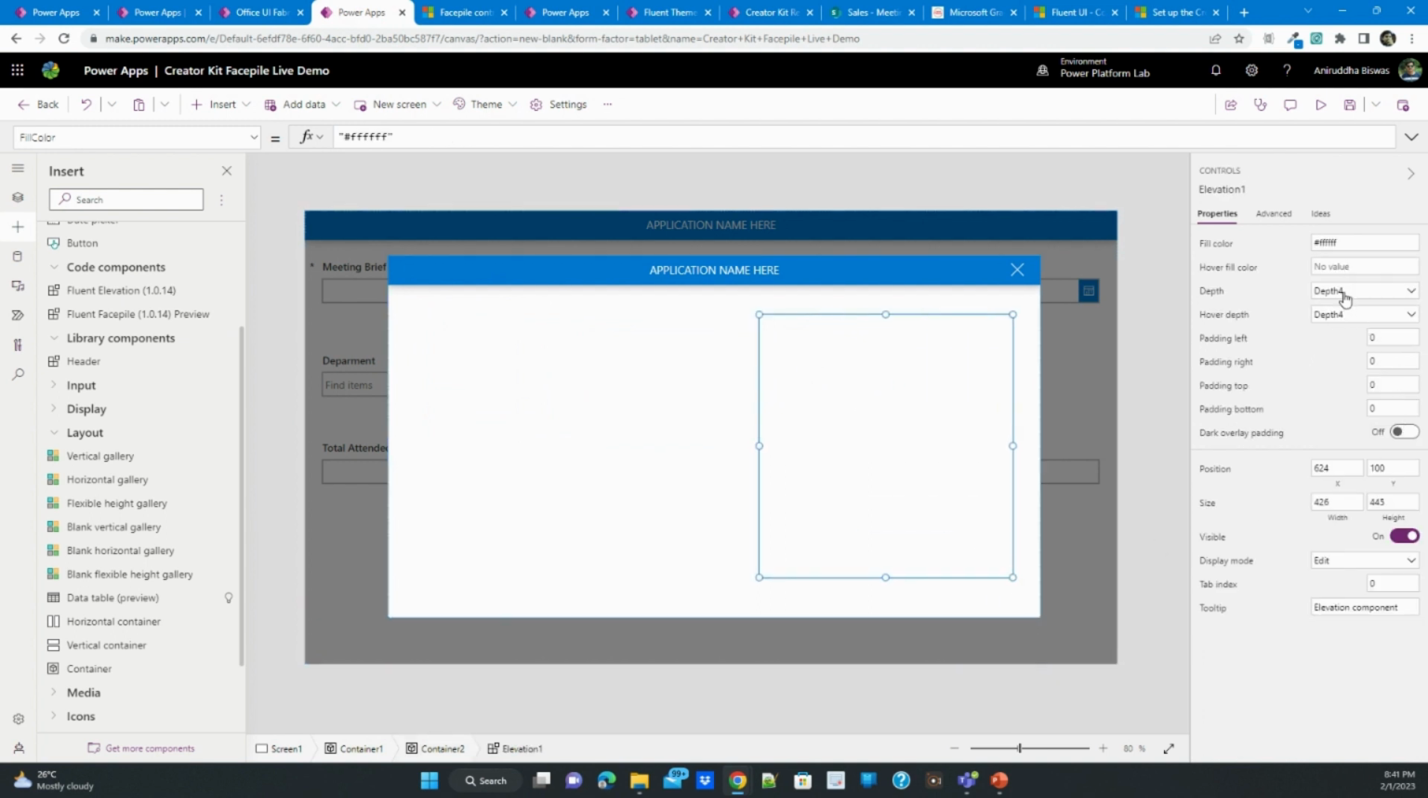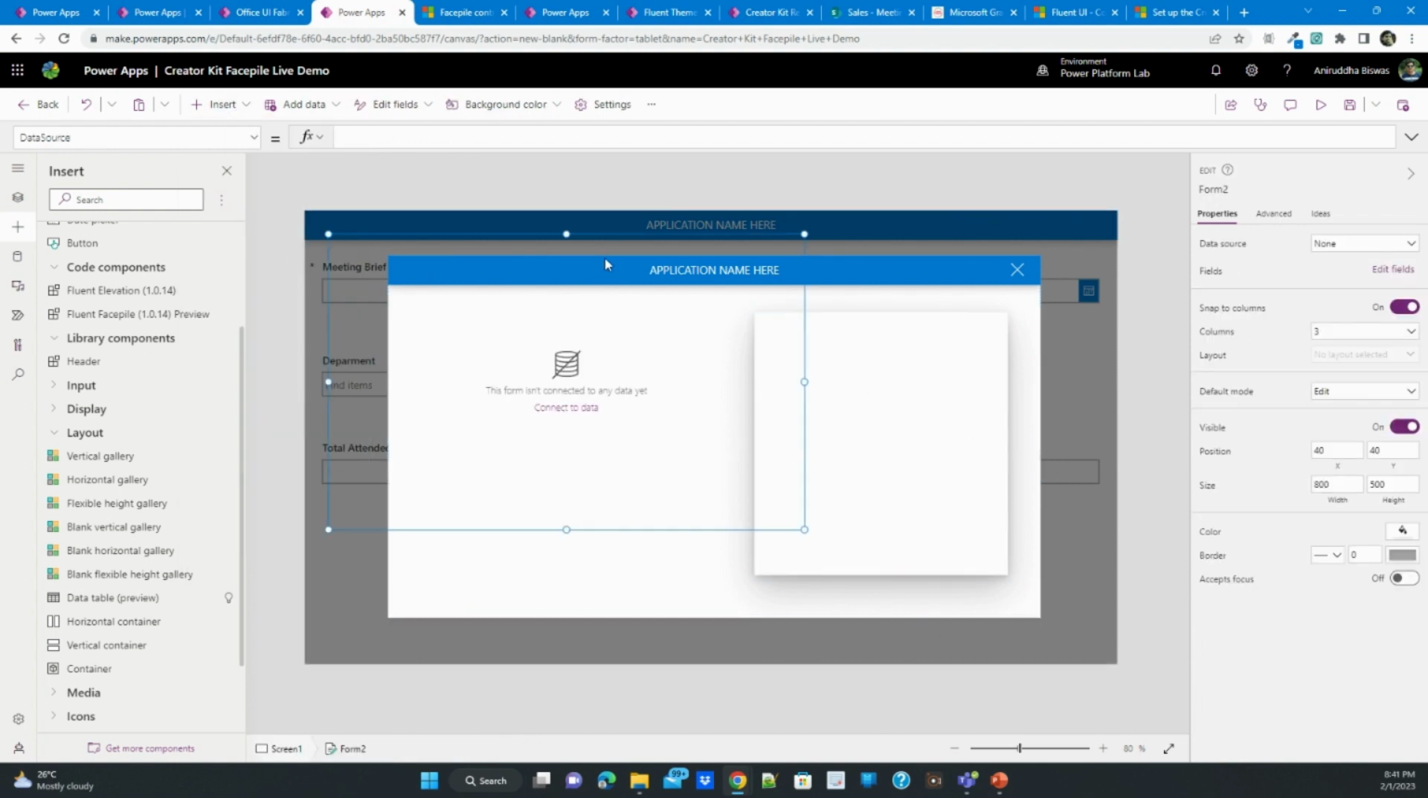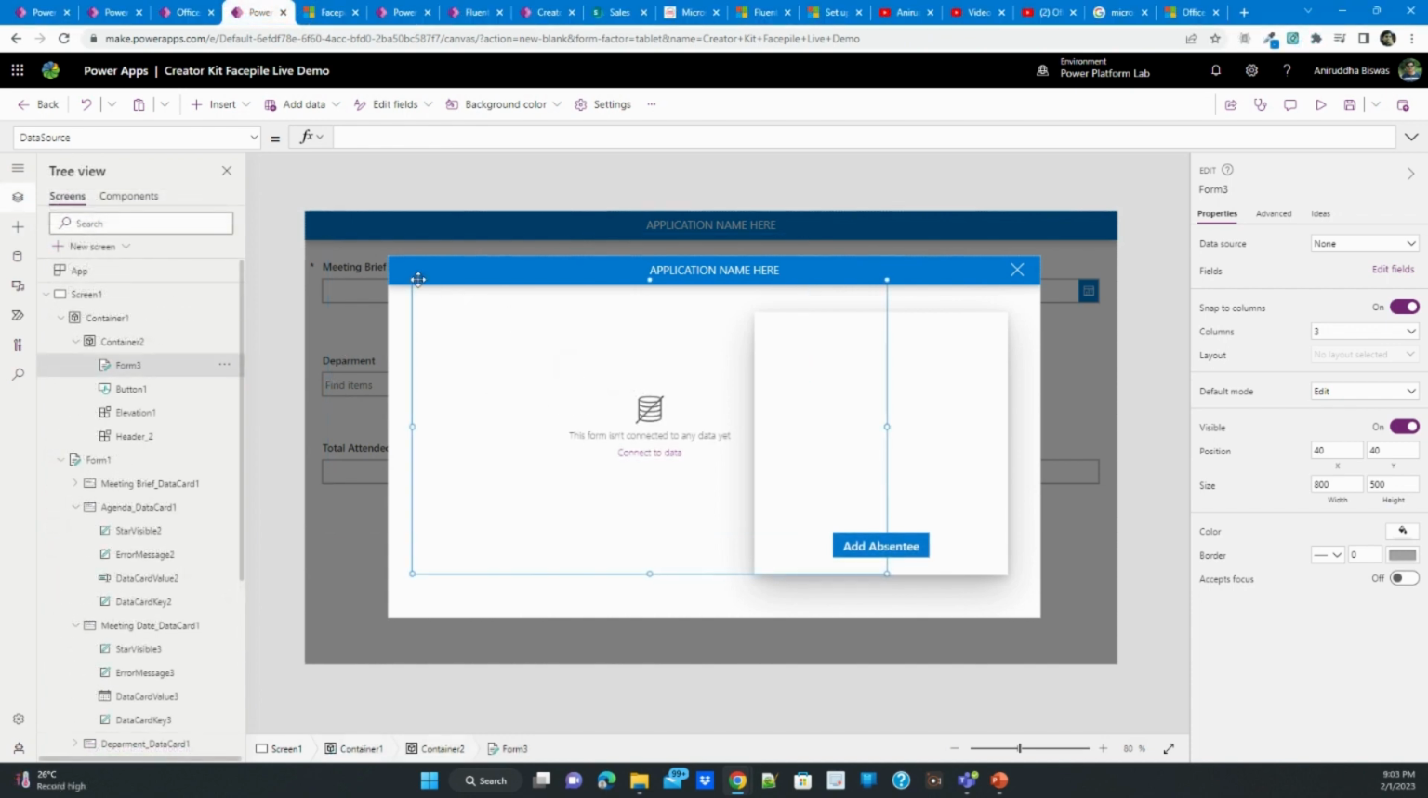It will look like this. Depth, I will do the maximum one. Both the cases, I don't want over. So here basically I will put one again edit form. Now this edit form I will put here